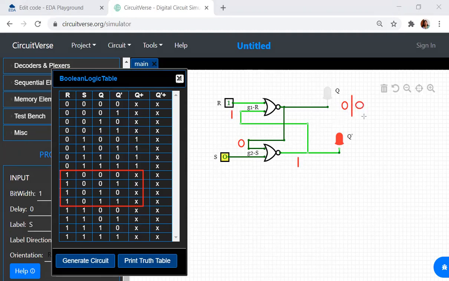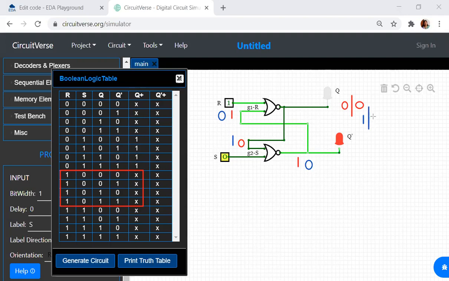Now let me take the next combination. What happens if Q is 1? So Q is 1 means what goes over here? 1 will be over here. 0 NOR with 1 is what? 0. Again 0 means there is a path over here. 0 will be available over here. 1 OR 0 will be equal to what?